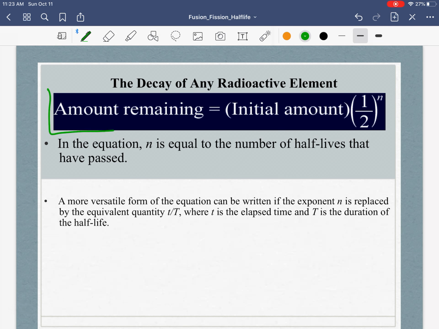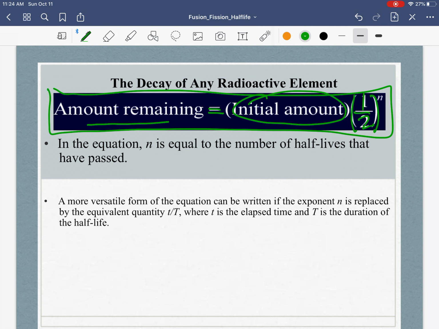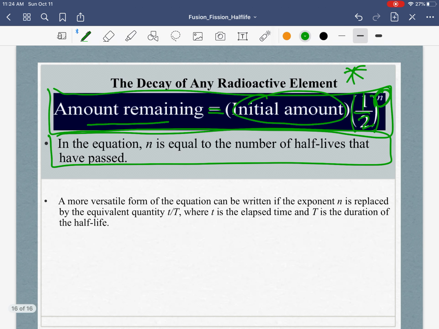You can also use this formula. If they give you a word problem, you're going to put the amount that they tell you is remaining here. It's going to equal what you start with, and then this is going to be half because of half-life. And the n is going to equal the number of half-lives that have happened. I'm going to show you how to do them with both. This one is going to work, but I think there's an easier way to do it. Okay, so stay tuned for the next video on going over the